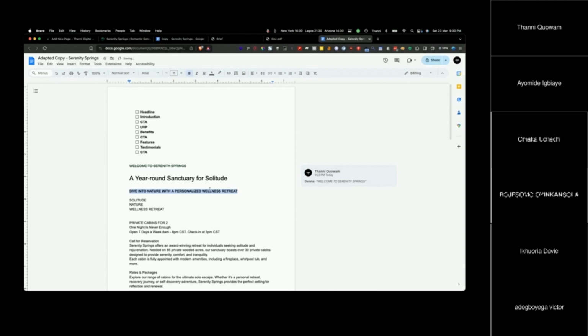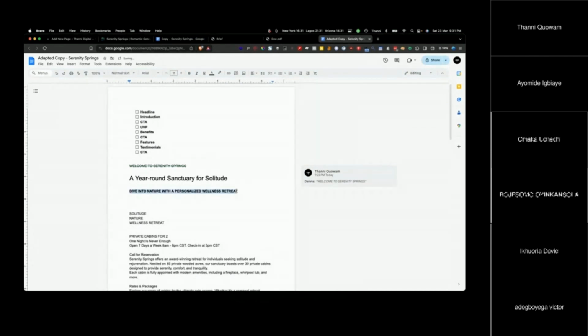Now, this can be a power word, like dive into. That is an active statement, more actionable. It's telling that person to dive into nature with a personalized wellness retreat. And then I can support this particular headline